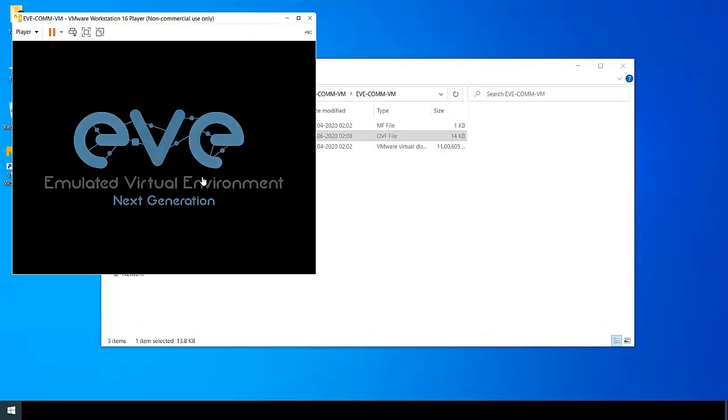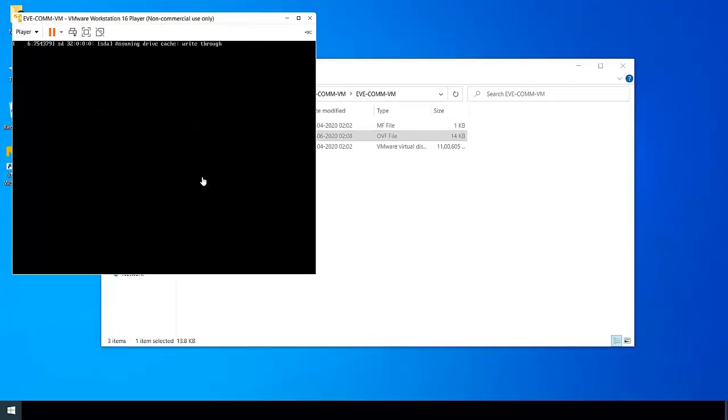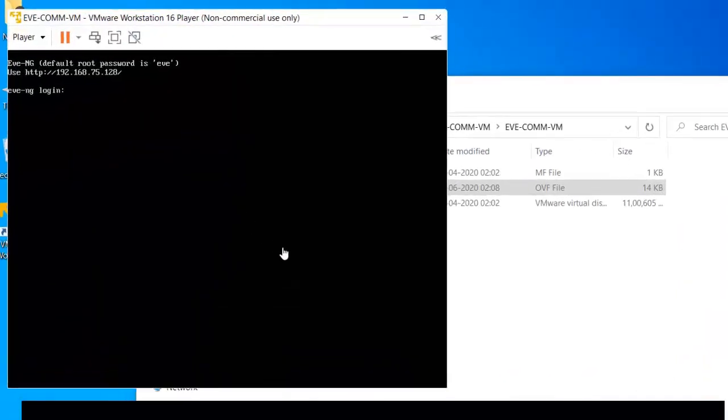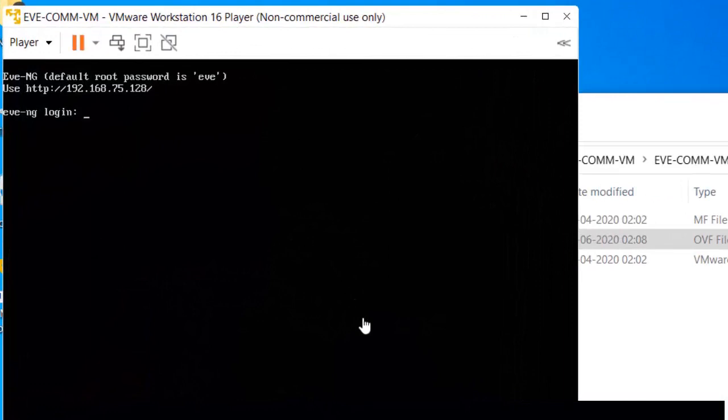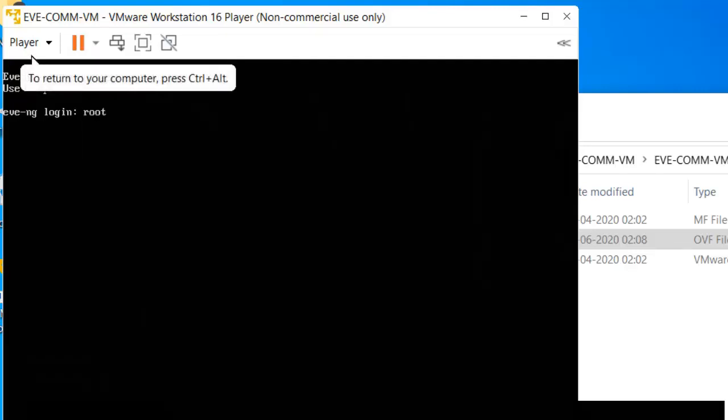Now let's run the EVE. Once EVE is started, you will see an IP address which we will use to log into EVE on the GUI. The default username and password for EVE is root and eve, that is EVE.